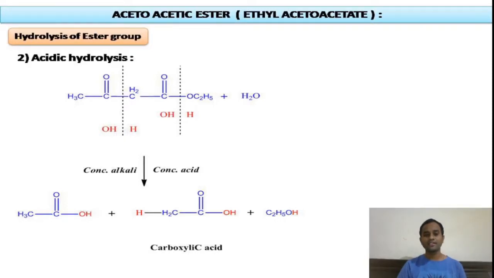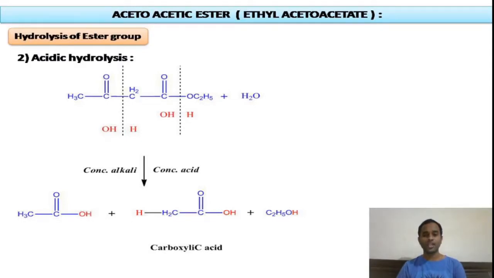It is very easy. In this acid hydrolysis, the condition is concentrated. We have to break the two bonds at the ester group as well as at the carbonyl group, that is keto group. And hydroxy group should be attached to the carbonyl functional group, and hydrogen atom should be attached to the other side to give the carboxylic acid as the main product. Always here it may be noted that ethyl alcohol and acetic acid are the side products, right?